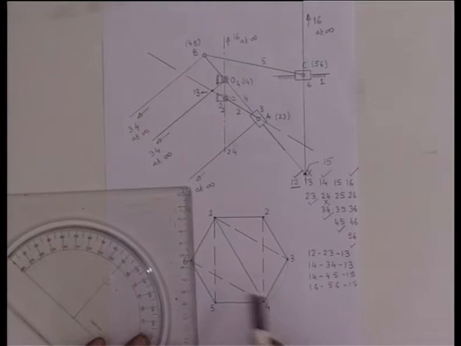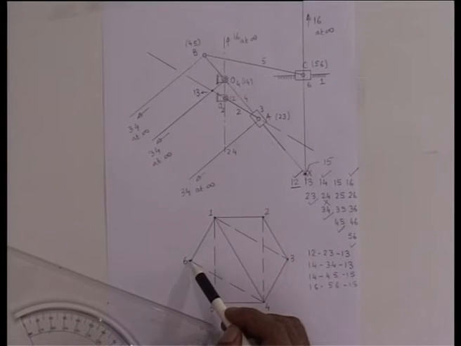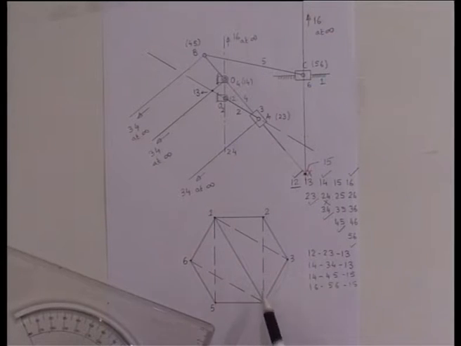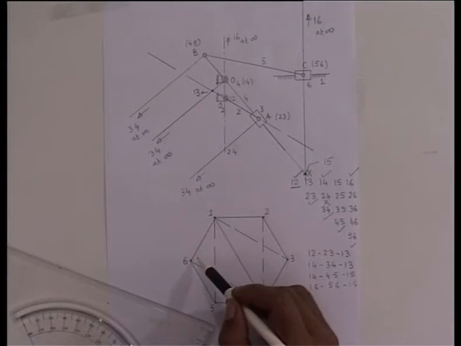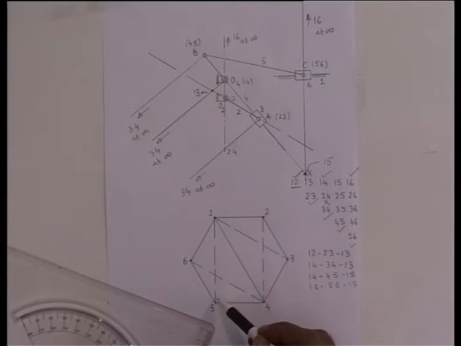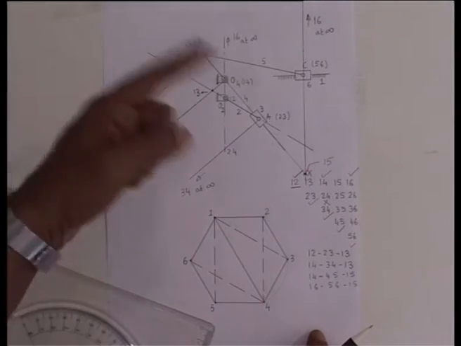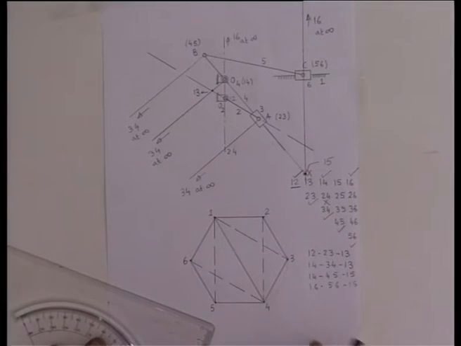Now, after the second step, we see a lot of quadrilaterals have been filled up. For example, now I can determine 2 6, because I know 1 2 and 1 6, and I also know 4 6 and 2 4. Then in the third step, I can determine the rest of the unknown relative ICs like 2 6, 2 5, 3 5 and so on. The diagram will become very complicated. I will show the complete diagram where all the relative instantaneous centers have been located following the same procedure.